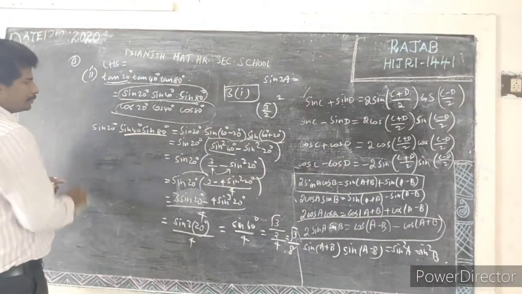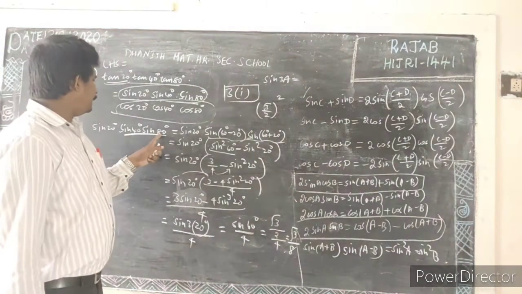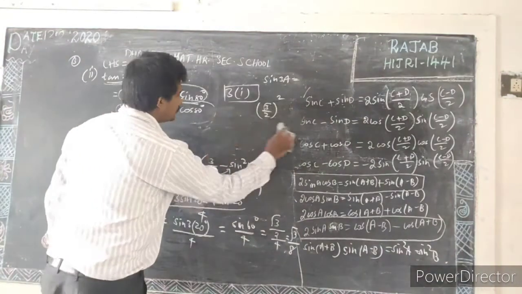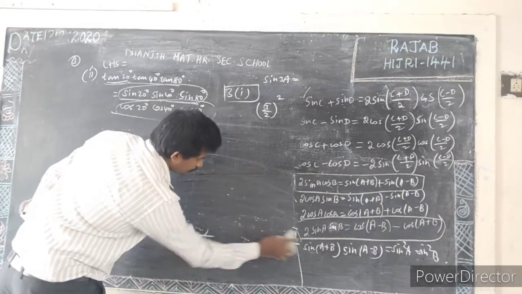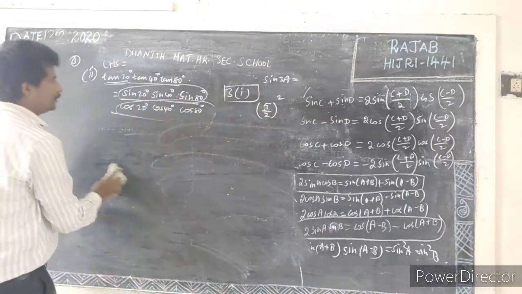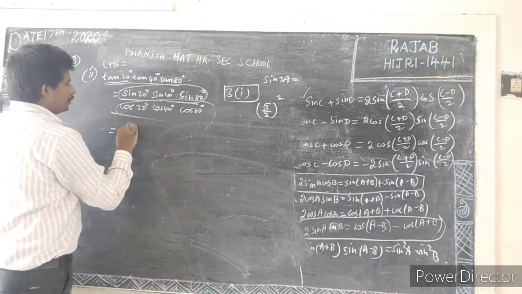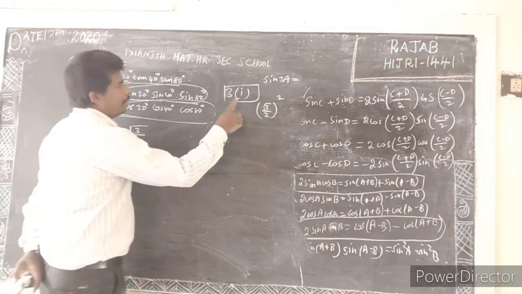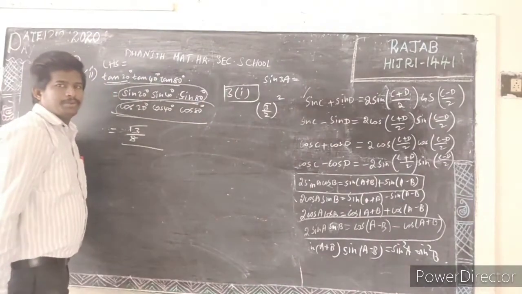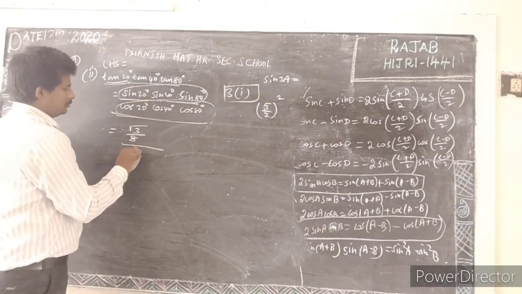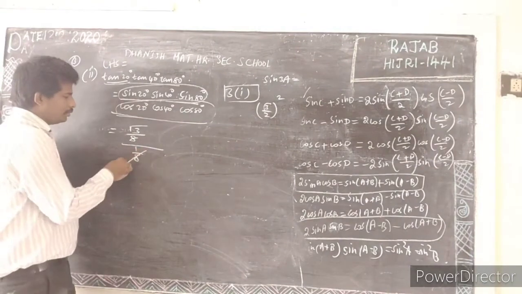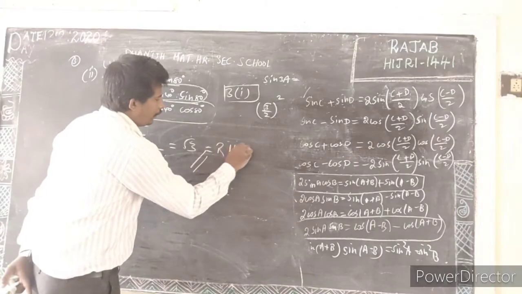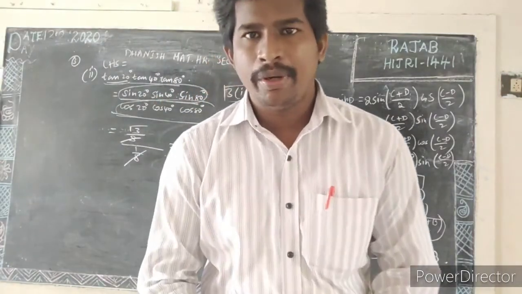So we are going to substitute sin 20, sin 40, sin 80 as root 3 divided by 8 in the LHS. So this is equal to the value of the numerator, root 3 divided by 8. For this you can refer problem number 3, first one, value of the denominator is 1 by 8. So 8 will get cancelled. So the remaining root 3 is our RHS. We have proved the required result.